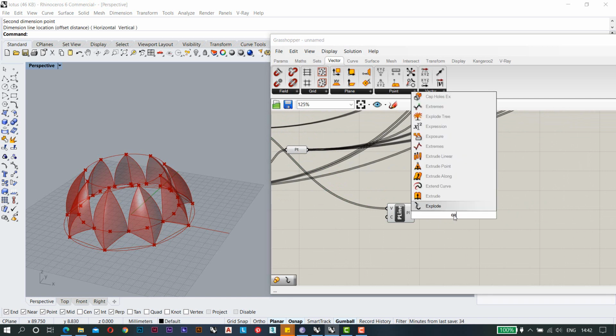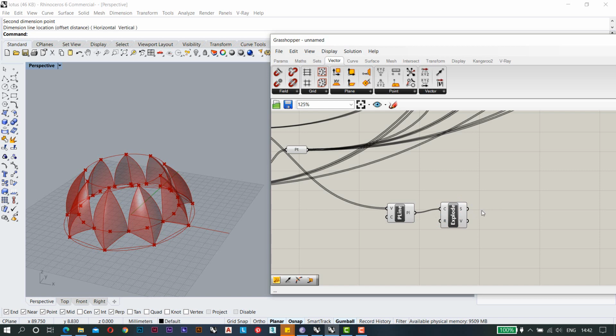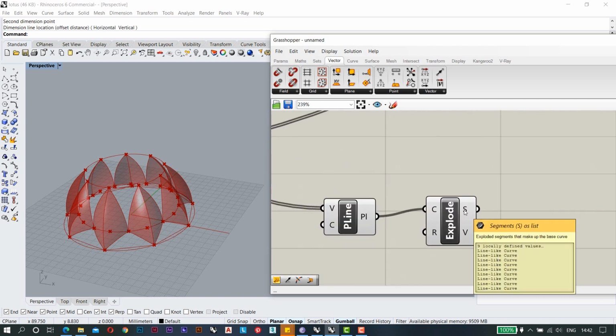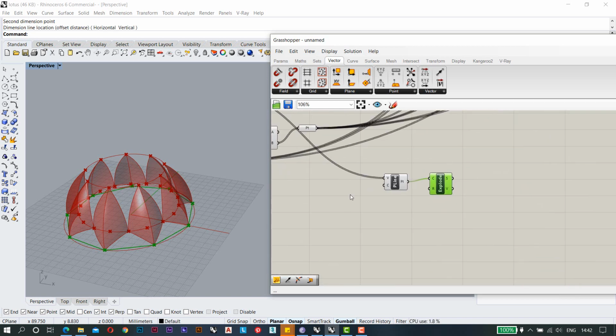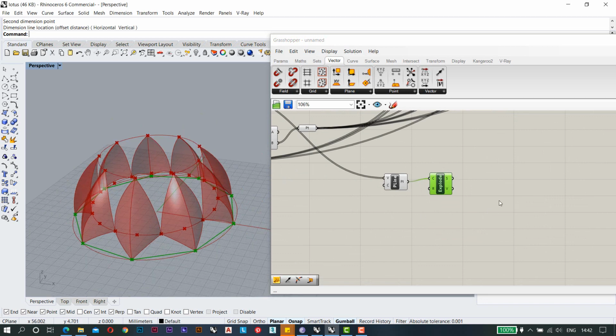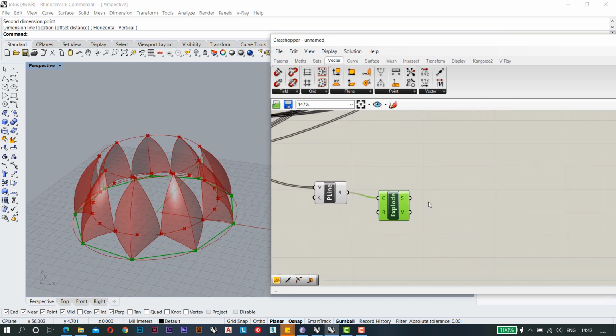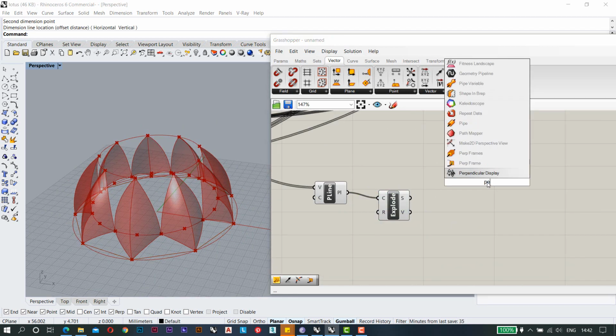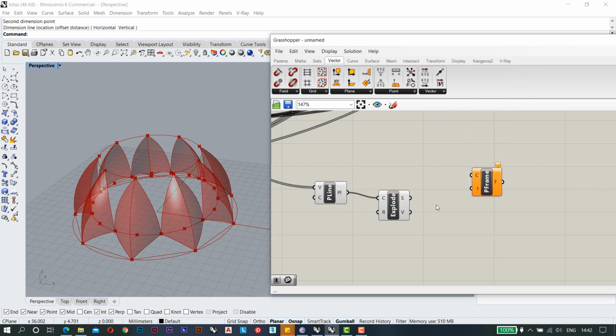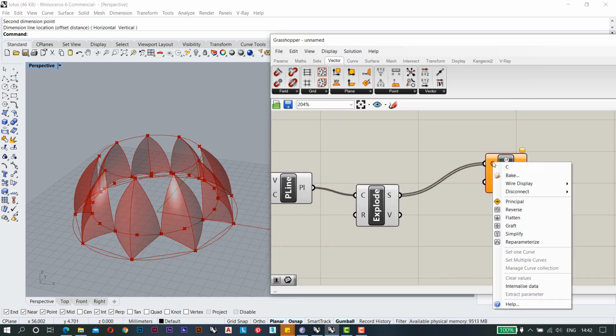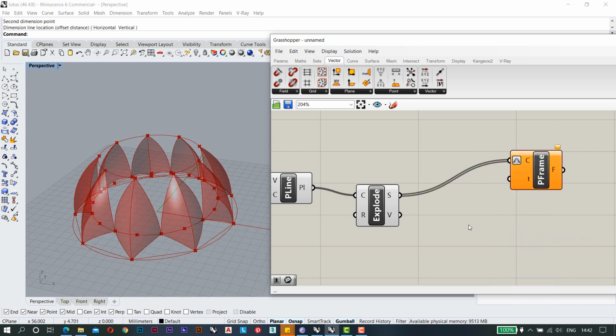After that I will explode it. It will explode the segments which you will get here, and now we have separate units. Now what I am going to do is make the same perpendicular frame again, which is this one. I'm going to use this one and then reparameterize, and put my value 0.5.